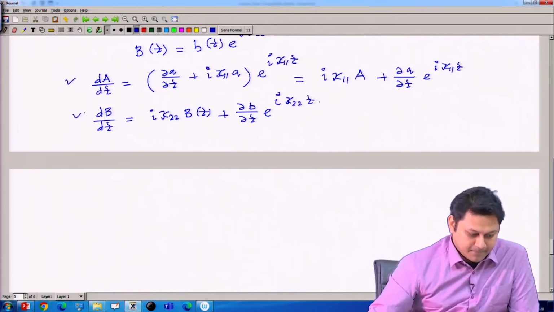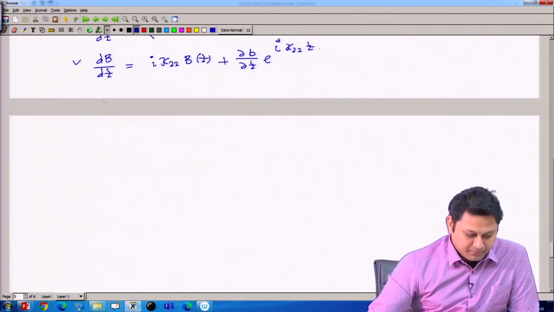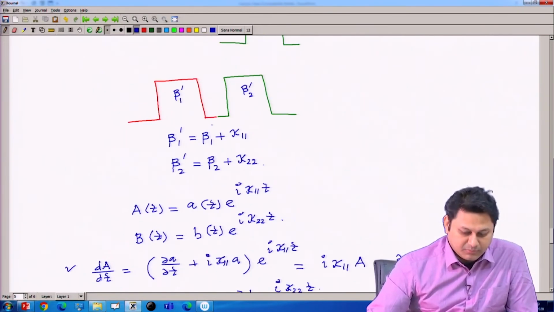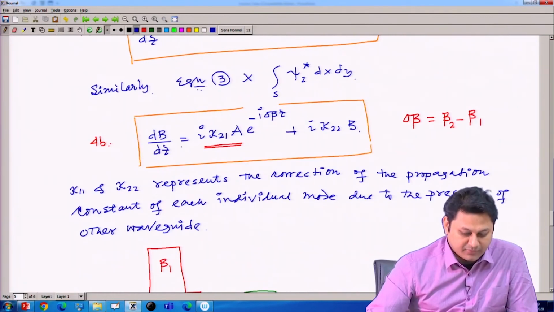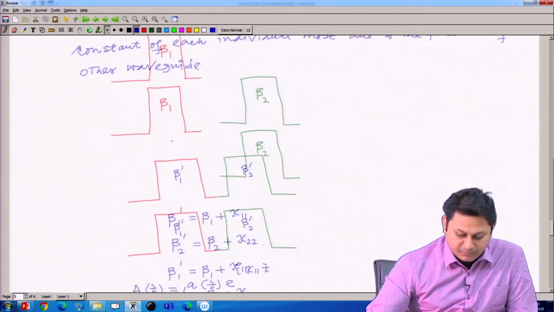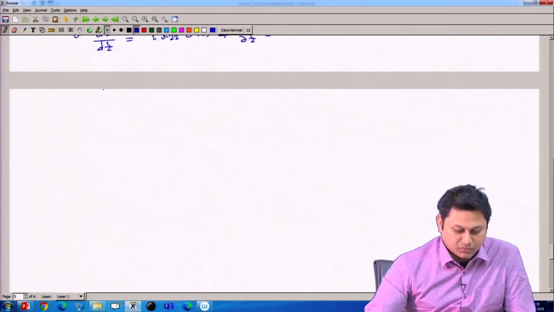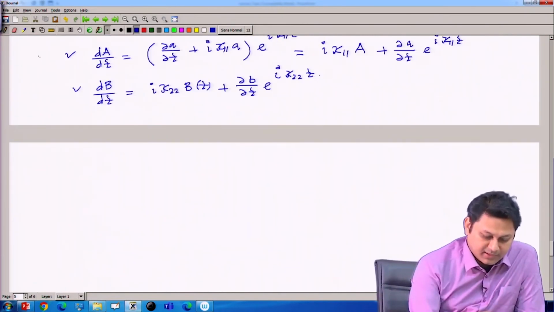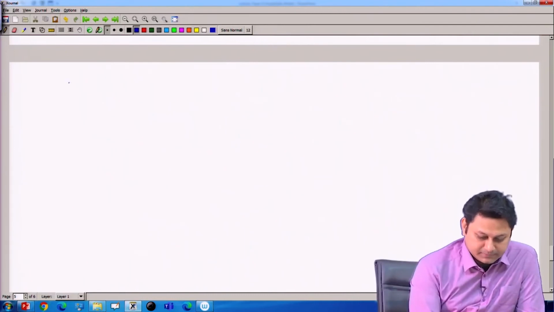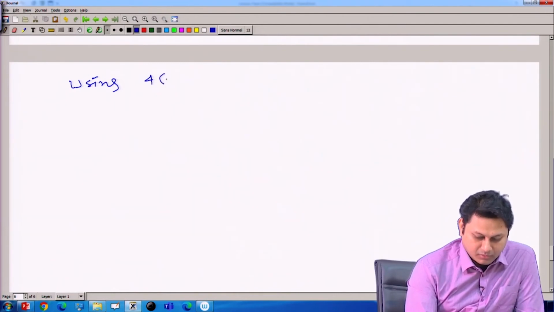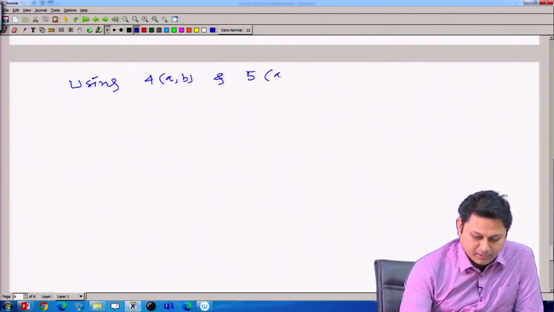So, I can put this, and eventually I can put this here in this equation, whatever the equation I have. If I put these two in these two equations, 4a and 4b, let us write it as 5a and 5b. So using 4a, 4b and 5a, 5b,